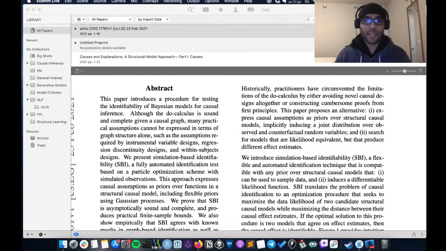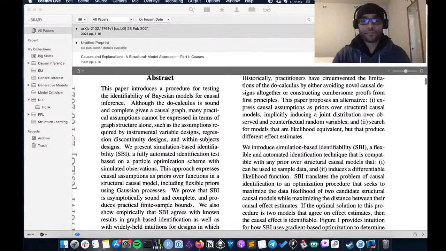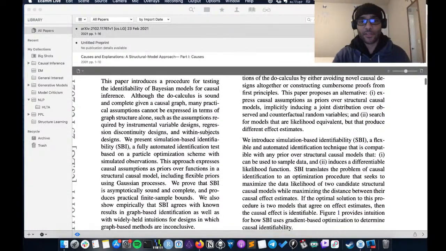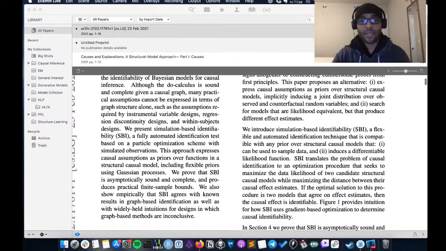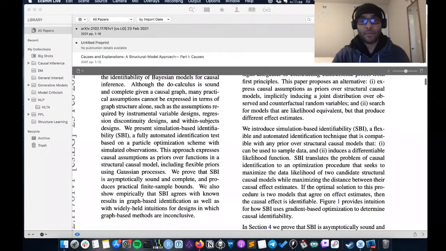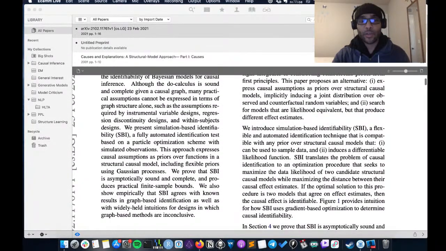Within-subjects designs, we present simulation-based identifiability, a fully automated identification test based on a particle optimization scheme with simulated observations. This approach expresses causal assumptions as priors over functions in a structural causal model, including flexible priors using Gaussian processes. We prove that SBI is asymptotically sound and complete and produces practical finite sample bounds. We also show empirically that SBI agrees with known results in graph-based identification, as well as widely held intuitions for designs in which graph-based methods are